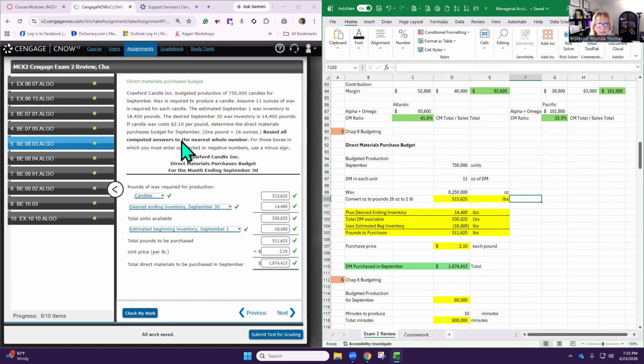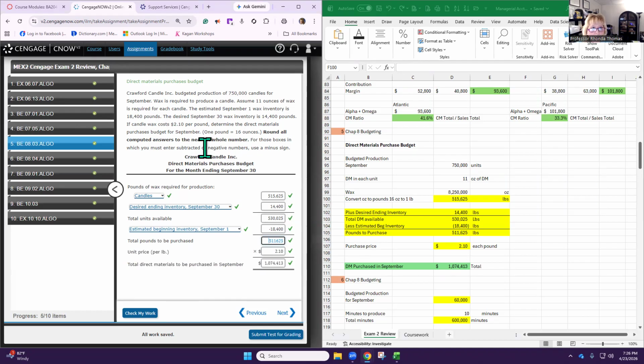All right. And then so now we want to add the desired ending inventory. They want 14,400 pounds. So we're going to add that to the total units needed, right? So this is all we need, because we're trying to decide how many pounds of this wax we need to buy for the production in September. But then you subtract your beginning inventory, right? And here it is, 18,400, but that gets subtracted. So now we're down to the pounds that we need to purchase,